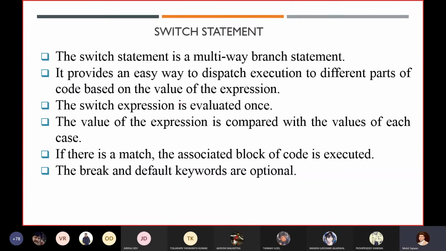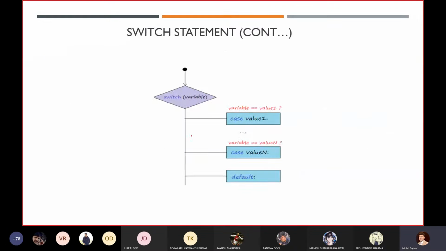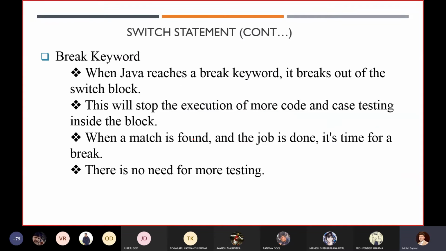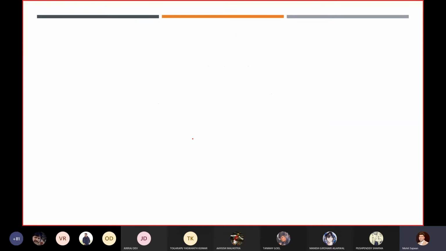Now let's start with the switch statement, because some of you have a lot of doubt related to it. So I will write a code and tell you how to write it in a switch statement. You know that when we have multiple cases, multiple conditional statements, it is quite advisable to use a switch statement. It's not mandatory, you can still use if or if else in those cases, but it is always advisable